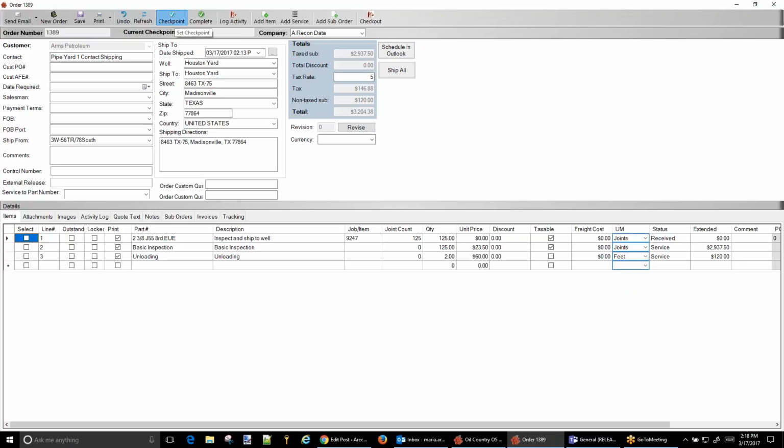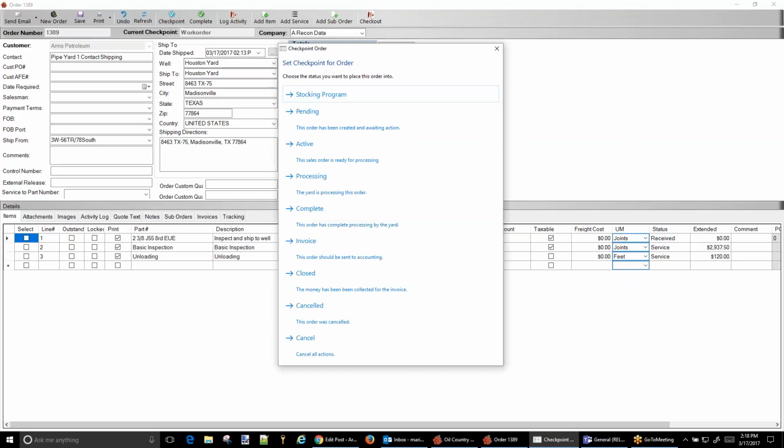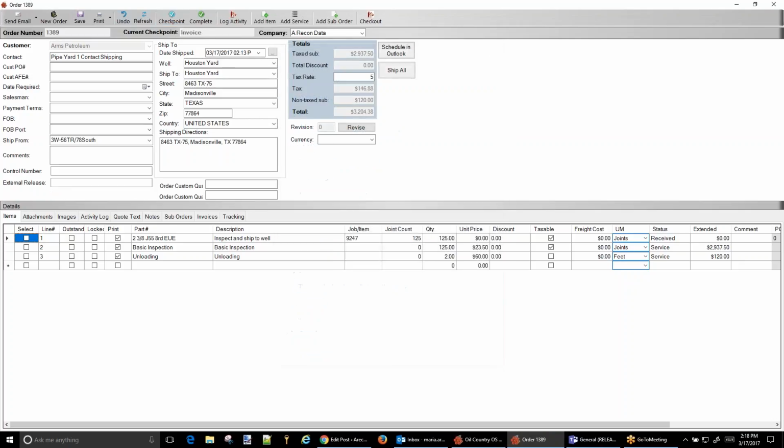Once the job is complete, we can checkpoint to invoice. If it's set up in the system, it can automatically alert accounting that this is ready to send the invoice. And that concludes